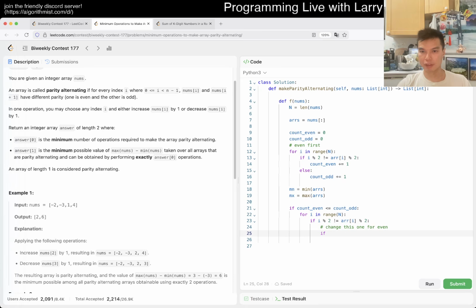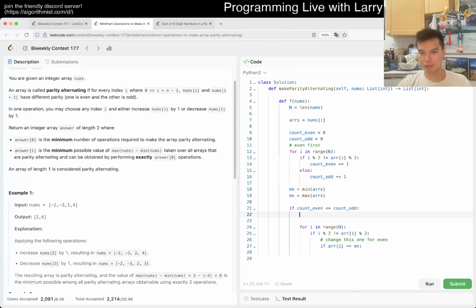If arr of i is equal to min, then we add. Okay, so then that means that actually we don't even need a loop on this one, right? Because then here min we just plus one, right? So okay, so that means that